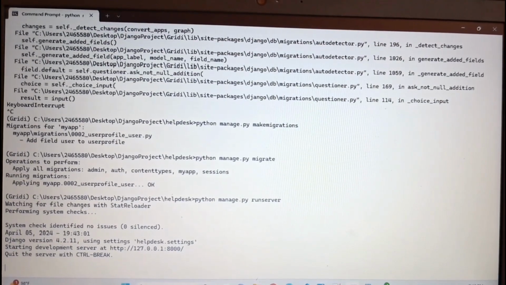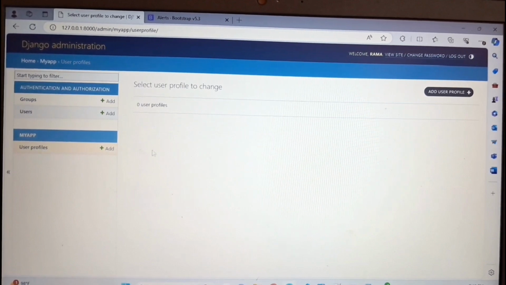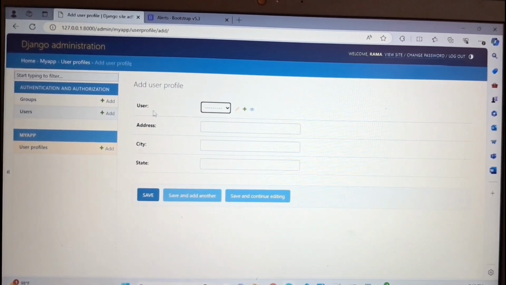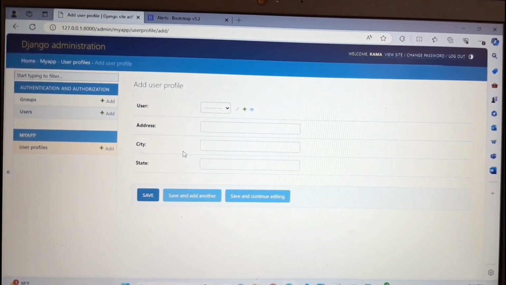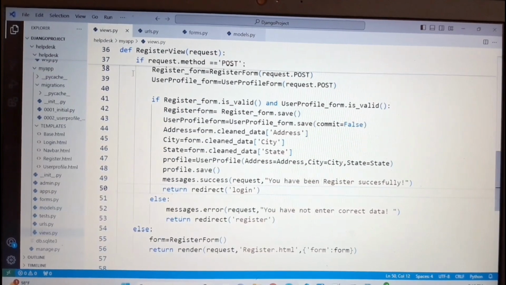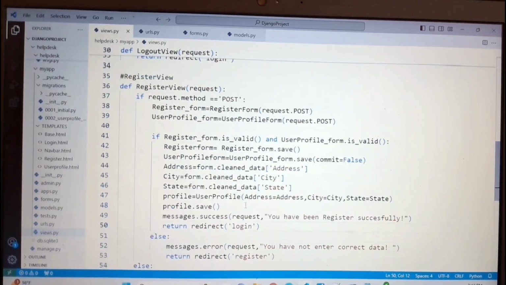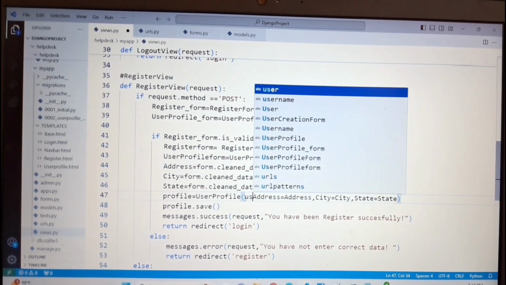Come here, let me refresh this one. Yeah, right now user is showing here, and we have created the relation between this field and this one. Because of that only, whatever user we have, we are getting here. And one more thing we have to do, come to the views.py file, and here if you see, we have to pass the value for this user also. So user equals to